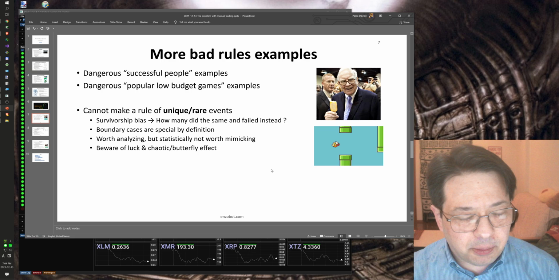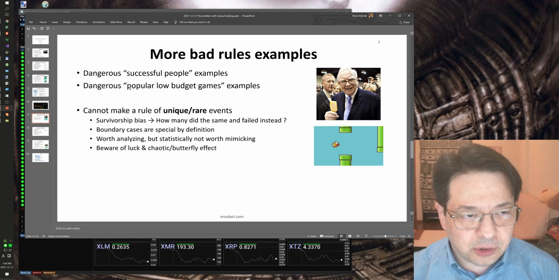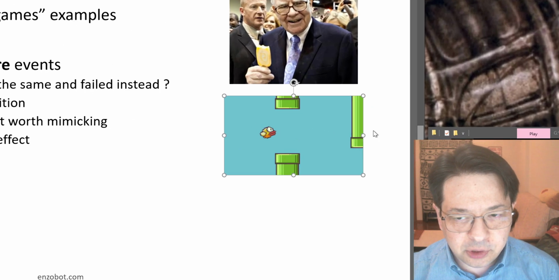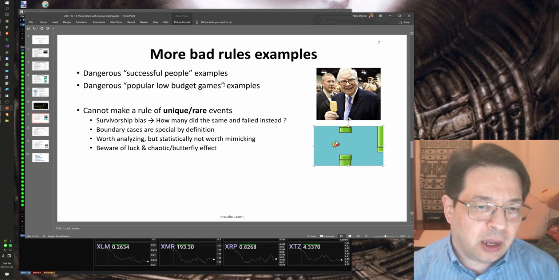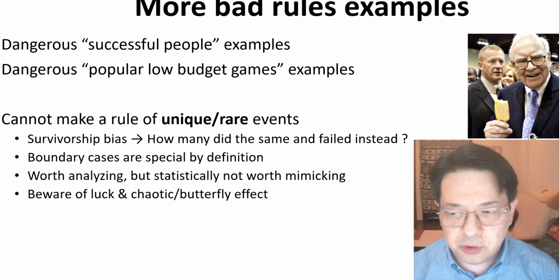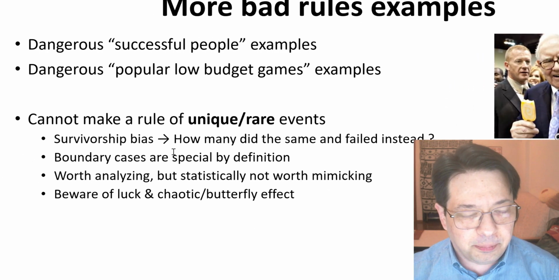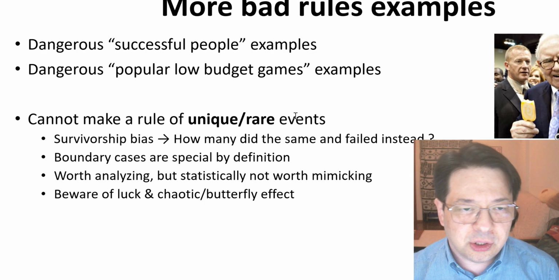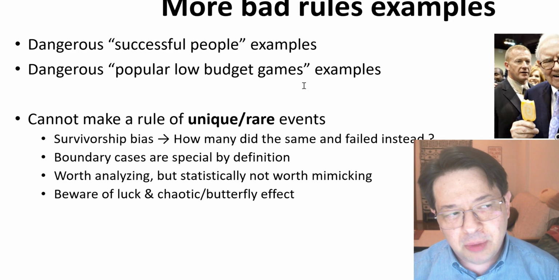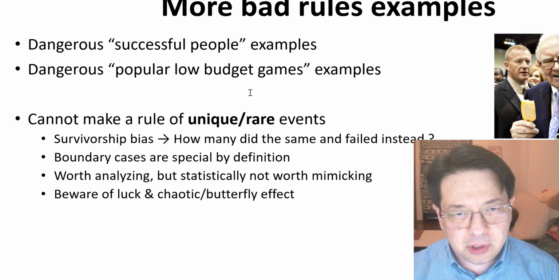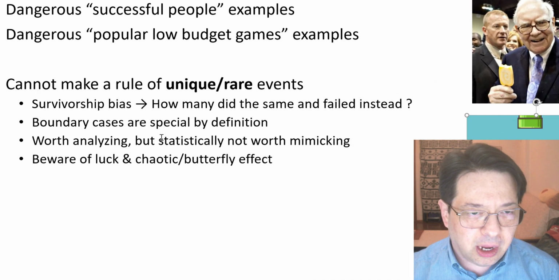So more bad rules examples can be applied beyond just the market. Something that's very close to me is mobile games. I used to work on those, developing original games, and usually what you often hear is, oh, there's this very popular game, Flappy Bird. It's really low budget, it's cute, it works out, why don't you make a cute game that can make you millions? The problem is that this is, again, a unique and rare event, and there's really no rationale